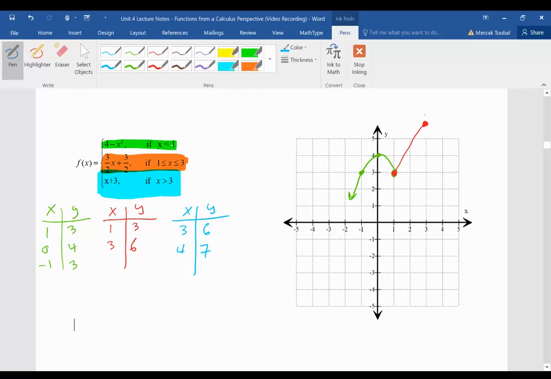So we got 3 comma 6. It's already closed, so it wouldn't matter whether you put an open or not in this case. And then 4 comma 7, that's another point a bit above, somewhere here. And then you just connect, and it goes to infinity. And this is the graph of